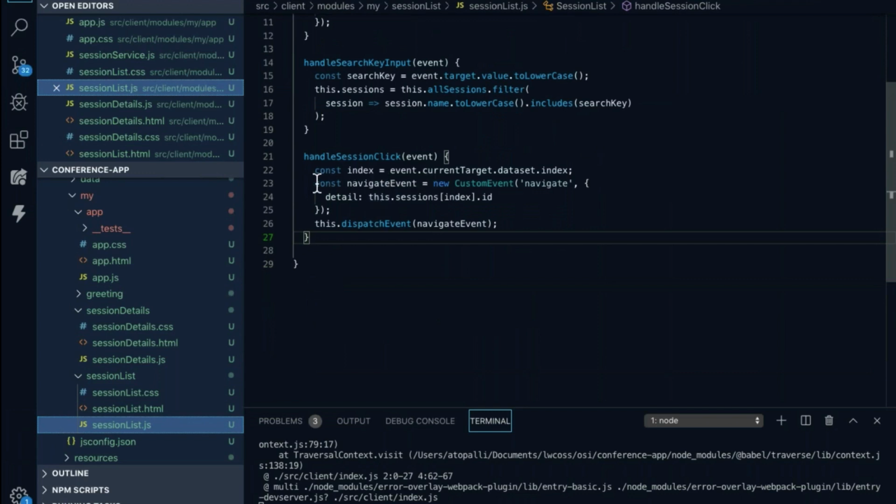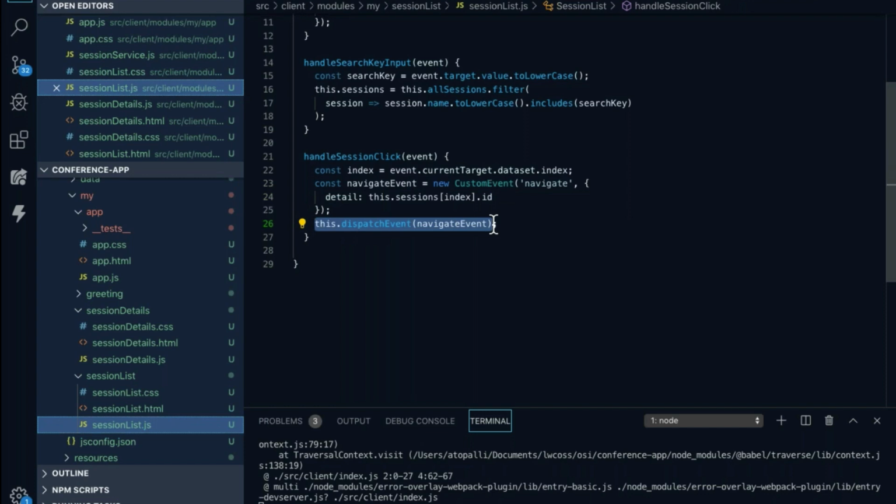Now what you'll notice here is we are firing a custom event. This again is a part of the ECMAScript standard, where you can fire your own events, a custom event. Obviously standard events are onclick and all of that, but here I want to fire a navigate event. So I define a new event object of whatever type I want, with whatever data I want to pass, and I use this.dispatchEvent to dispatch that event. This is again